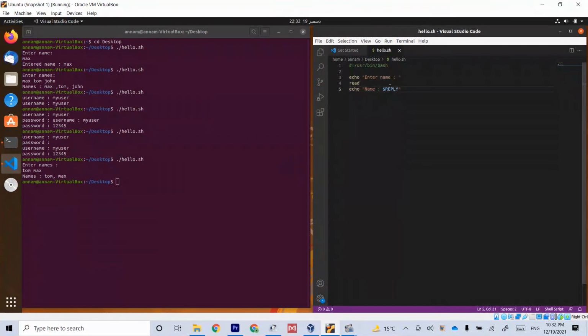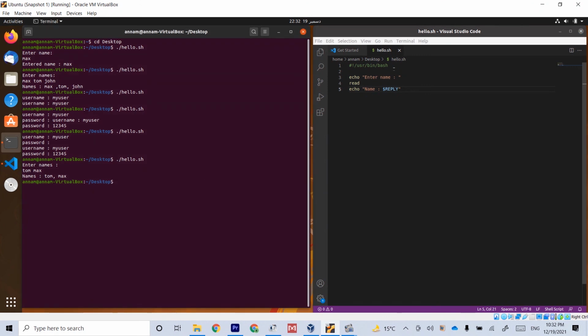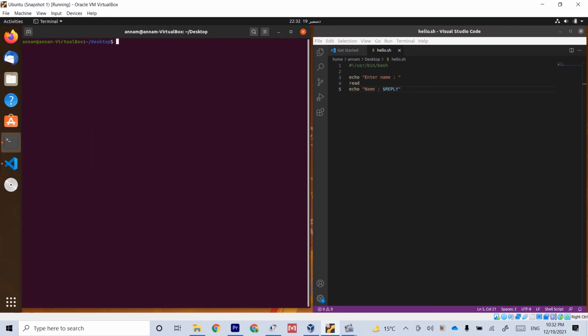So let me clear the terminal first here, and now let me run the script again. So run the script. For example, I write some name here once again, Max, and then press enter, and it prints the name whatever I have entered. So by default your input goes in this built-in variable called reply. So in this page you can read the variables in your script using